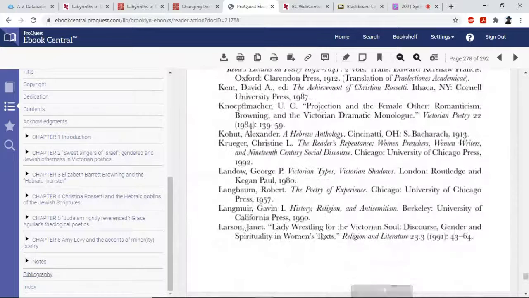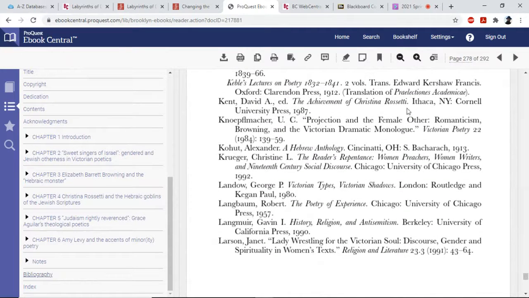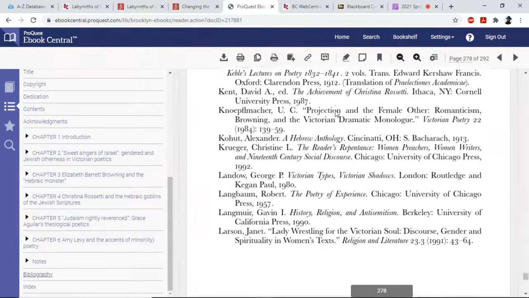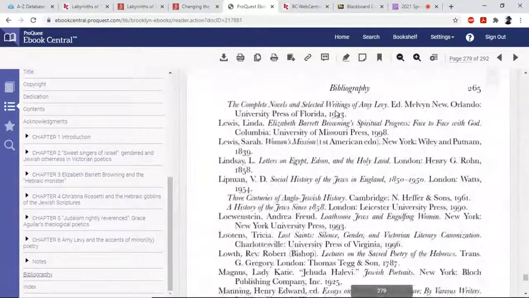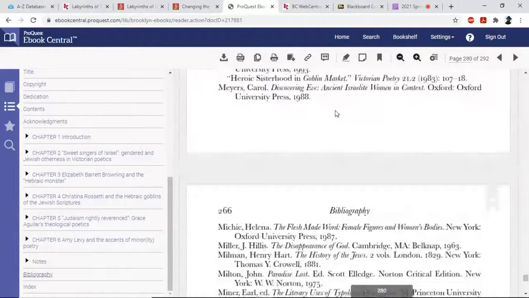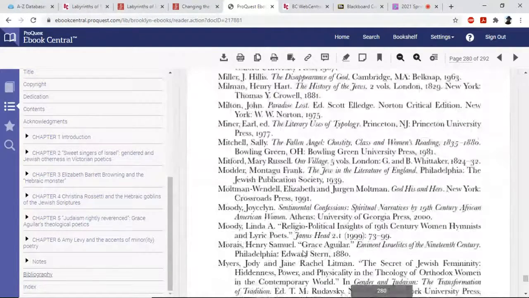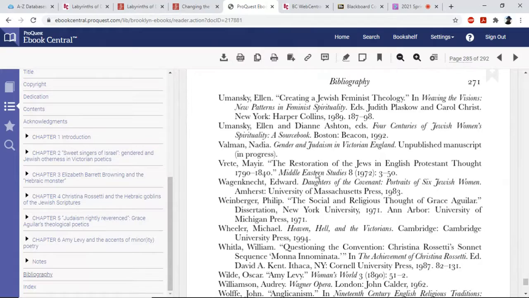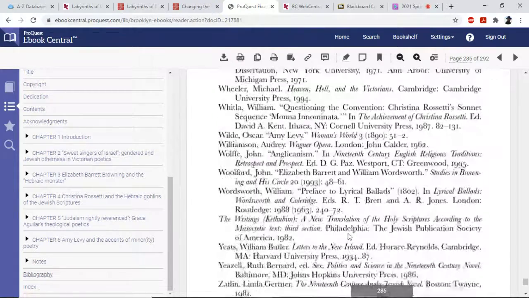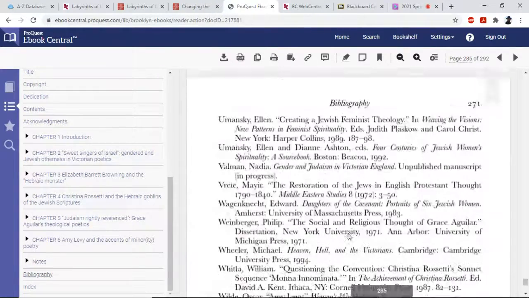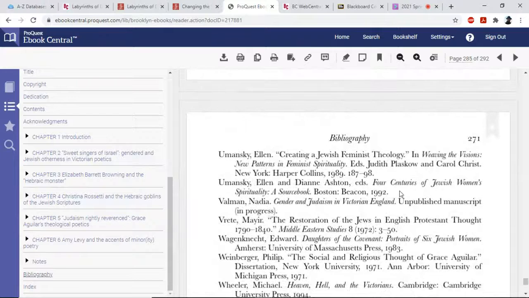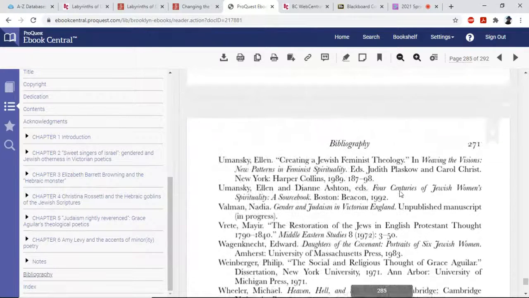But you get the idea. So you have this giant map of, here we go, the achievement of Christina Rossetti that could be worth jotting down, making a note of to go back for later. All right, so you get the idea. It's on and on. She's got all these books listed. All right, and then we've got some articles, so on and so forth. So this can be really helpful in finding your next step,